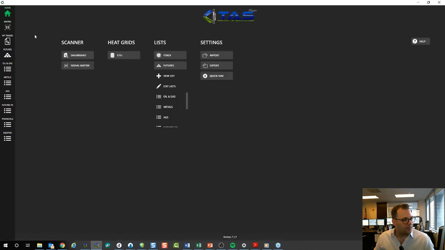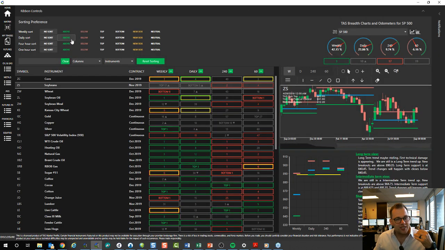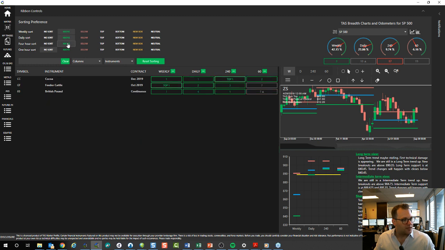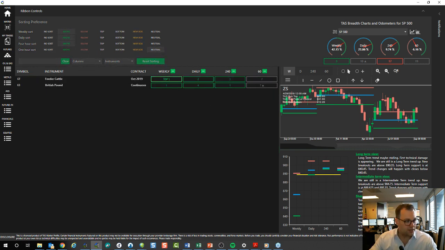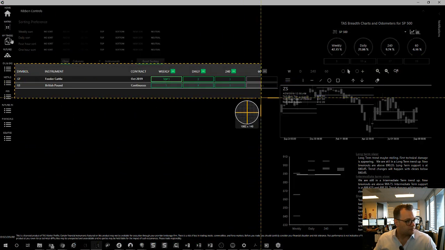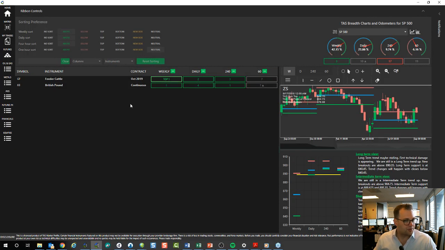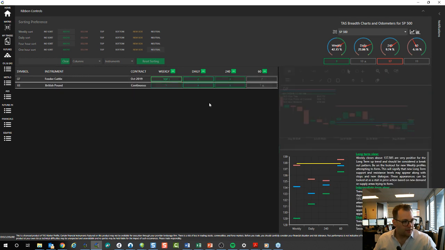But the real value to me, and that's why I'm bringing it up, is you can sort these markets based on what's above, what's below, and then multiple areas. So these markets here, and I'm actually going to take a screenshot of this and share it in the room, are what I call bullish prime 3 markets. That is, they're bullish weekly, daily, 240. So if you click on these, you can see